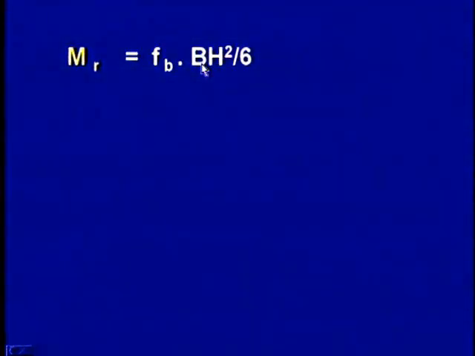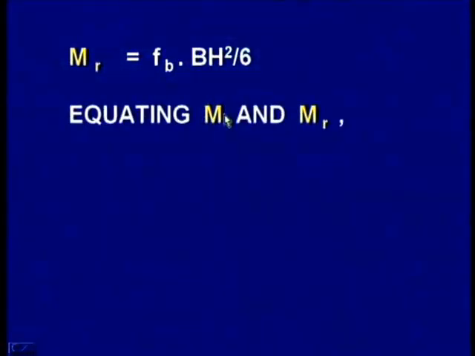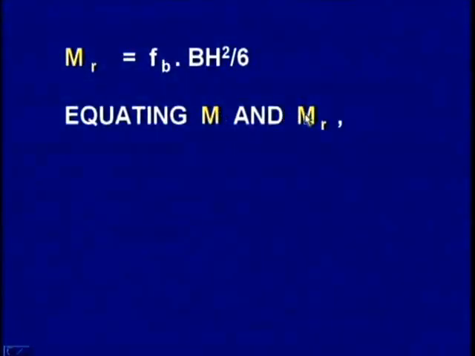We know the already applied bending moment, capital M, is given by the cutting force Fc multiplied by the overhang arm length, and these two are to be at the most equal. All the time the resisting bending moment should be greater than the applied bending moment, only then will the cutting tool work safely or satisfactorily. Once the resisting bending moment decreases below the applied bending moment, there is a chance for the material to fail.